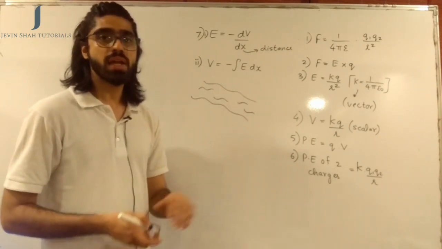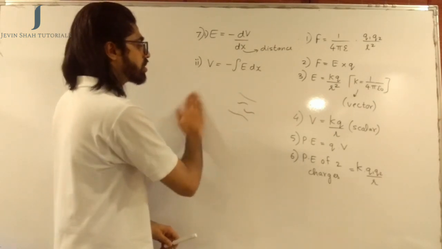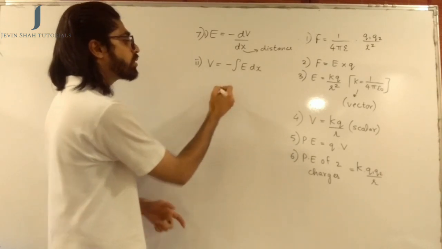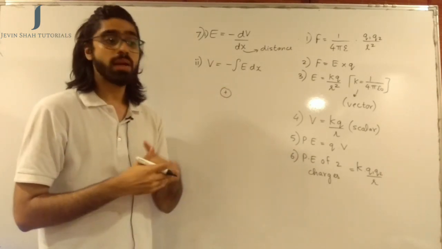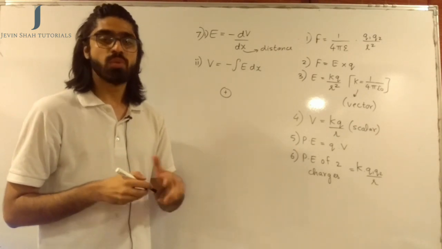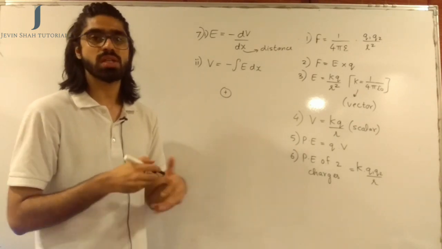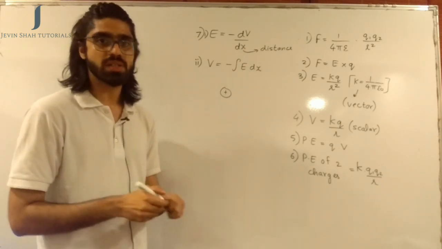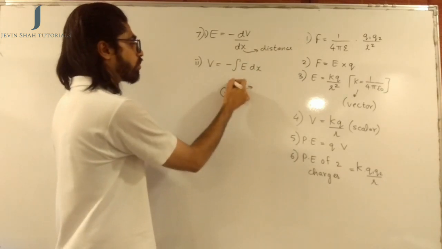In a similar way, if a charge is present, it is going to create an electric field around it. But we will never be able to see an electric field, and because we can't see it, we need to give some kind of imagination, some kind of representation for that electric field. And the electric field is represented by drawing electric lines of force.